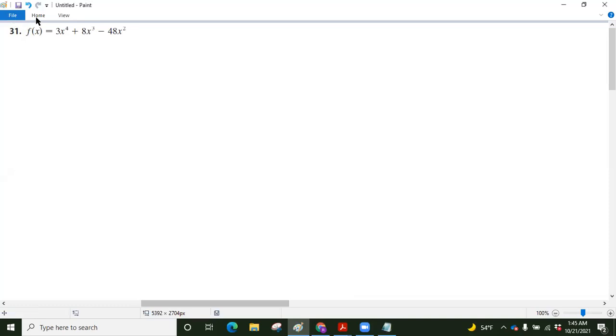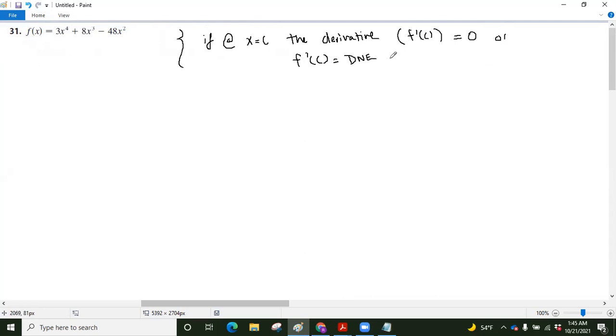So this question in particular wants us to find something called the critical numbers. I guess it would help to talk a little bit about what critical numbers are. By definition, I'll write it here on the board: if at x equals c, the derivative, which would just be f prime of c, equals 0, or f prime of c does not exist, then x equals c is a